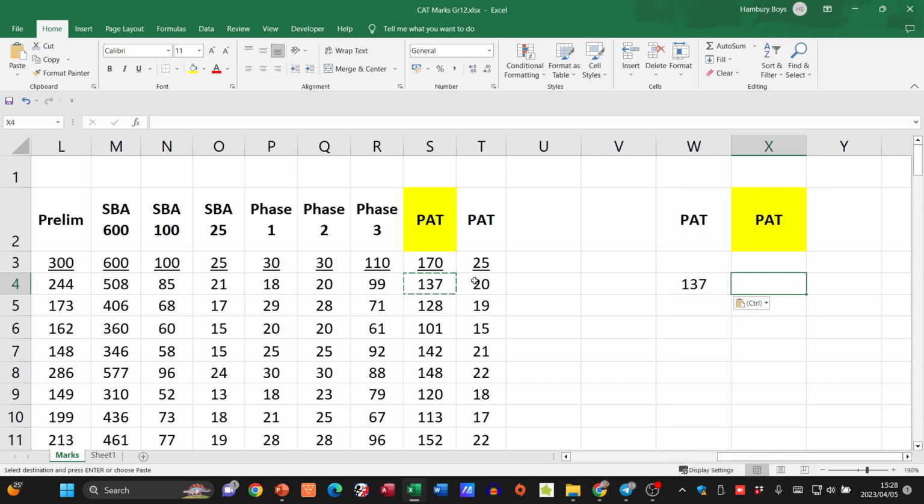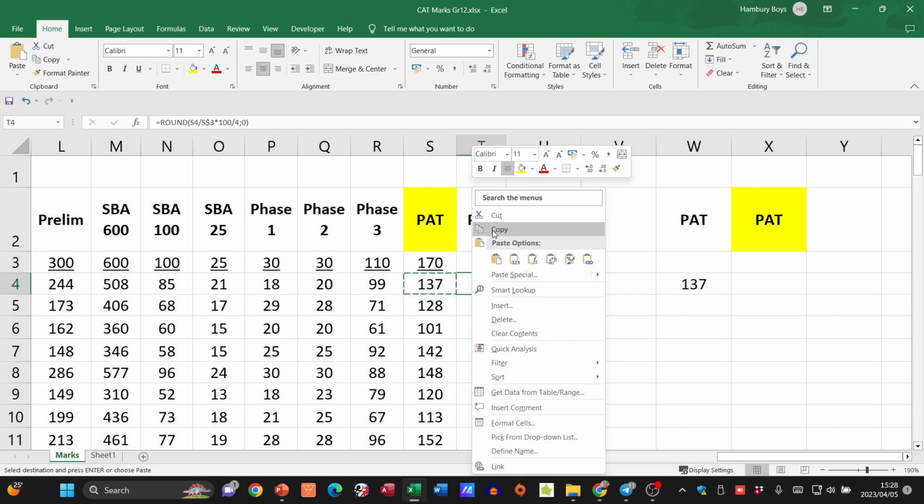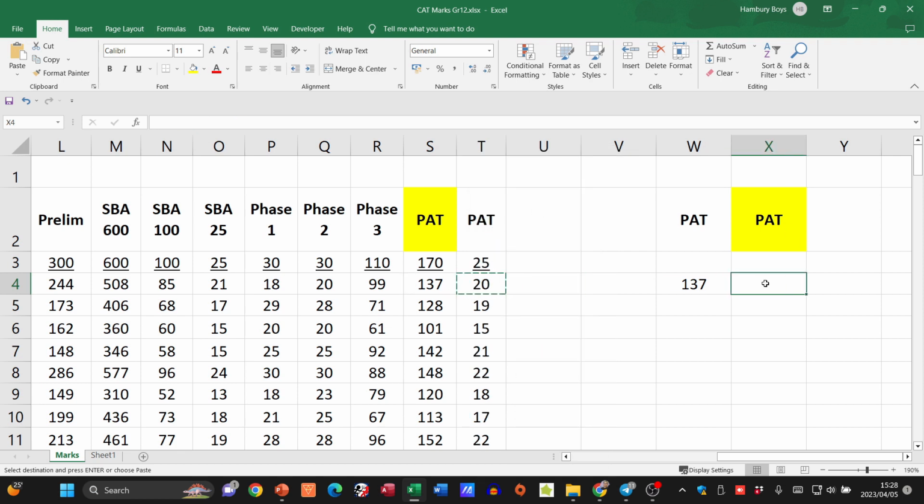Now, here's the tricky bit. When I click on the next cell, do you see that it has a massive formula in it? Okay, so if I right click and I say copy, and I go over to the next cell and I right click and I use the first one, do you see what happens? It's giving me this divide by 0 because it's copying the formatting, the formula, everything over, and it's not quite